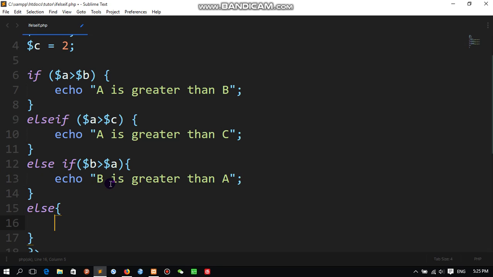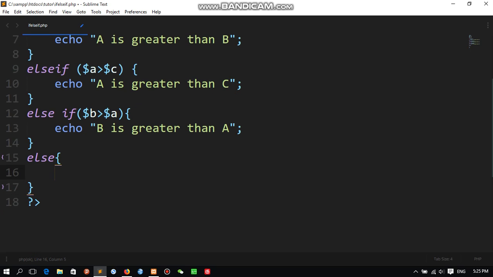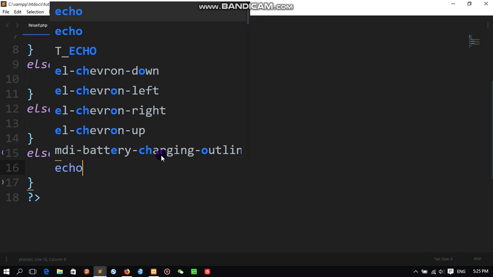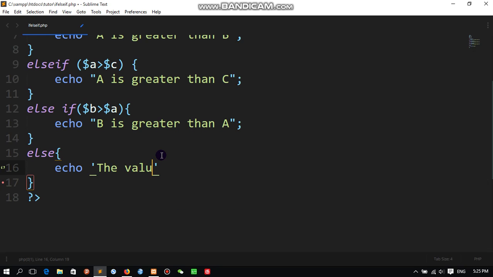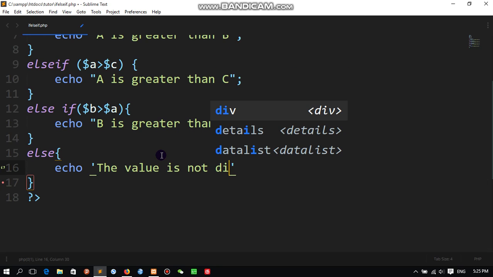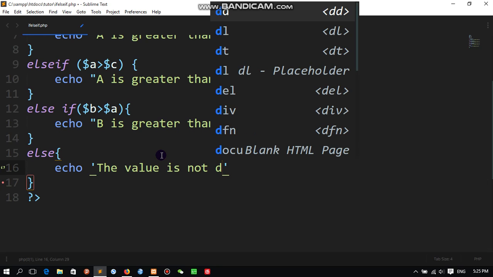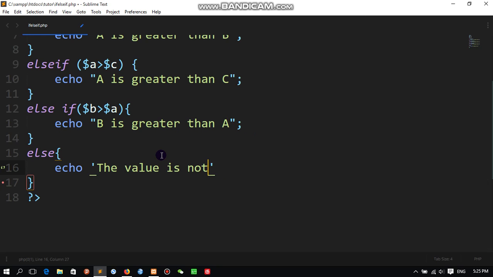Else, this is optional, we can say the value is not decided, just not provided. Like this.